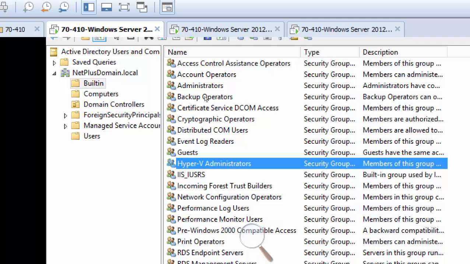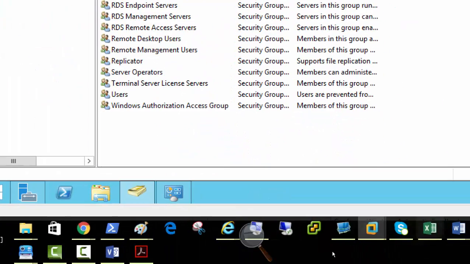Okay. Just zero. So NetPlusAdmin is added to Hyper-V Administrators, everyone? Yes. Okay, thank you for the reply. And let's just go for